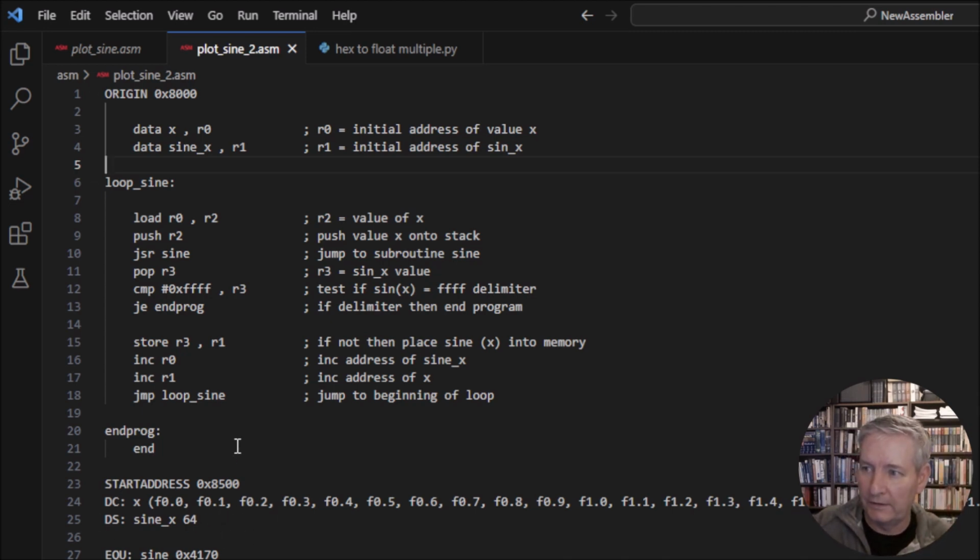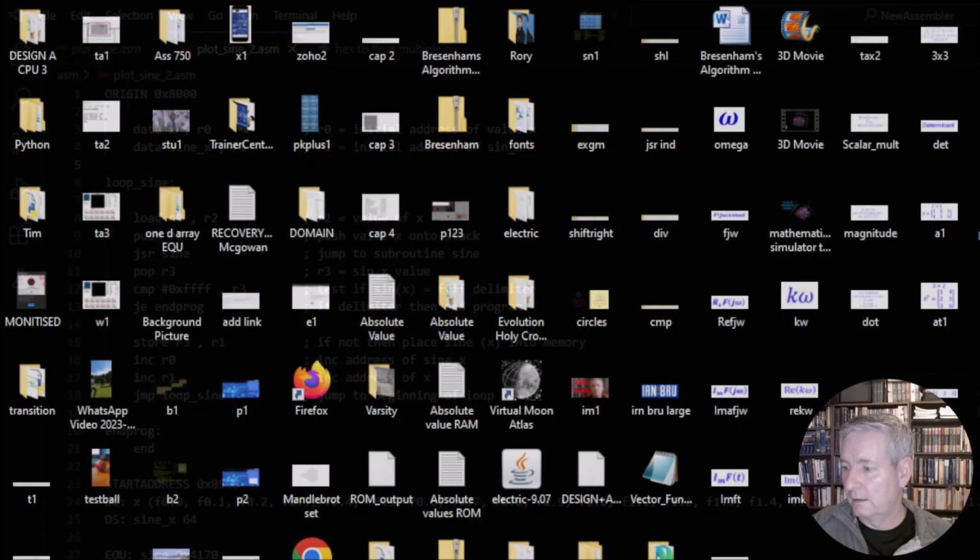Now we're going to pass these values into the subroutine here for our sine, and then it's going to pop them back out into R3, and then we're going to save them into this location here called sine_x, and you can see we've got as much as 64 values, and that's as much as we need here. So I've already ran through this simulation. Now I will bring up the